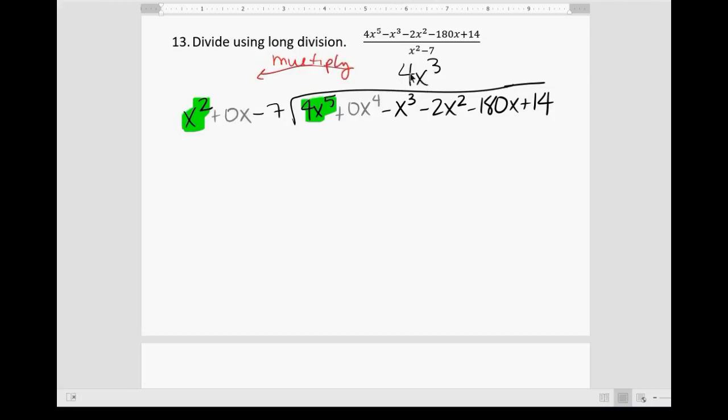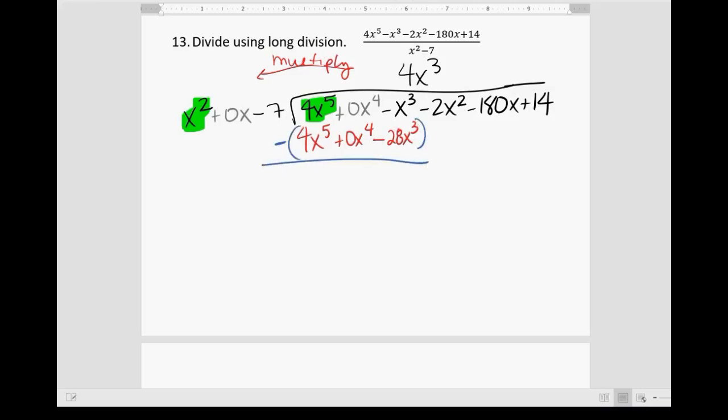So 4x to the 3rd times x to the 2nd is 4x to the 5th. 4x to the 3rd times 0x is 0x to the 4th. And then 4x to the 3rd times negative 7 is negative 28x to the 3rd. Okay? So now we're going to subtract